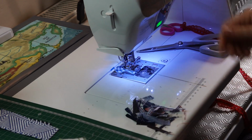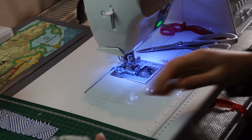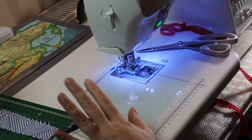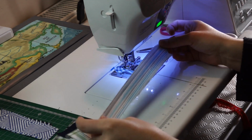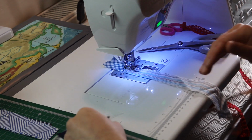Okay, as you saw, I'm not very precise in my cutting, but that's fine. It will not disturb anything. So basically I'm now taking another strip. Again, this is definitely not a straight strip,